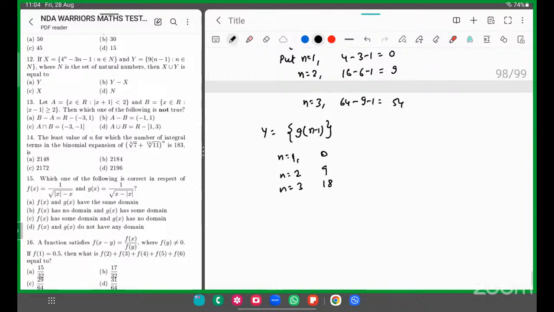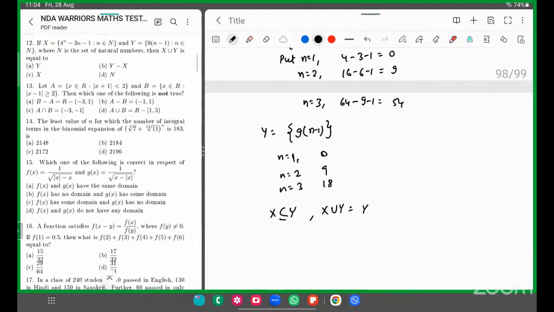ऑब्वियसली ज्यादा एलिमेंट y के पास है और x के पास कम है, तो x जो है ना एक सबसेट के तौर पे होगा ना y का, x इज अ सबसेट ऑफ y, ऐसा बोल सकते हैं ना हम। इक्वल भी है सारे एलिमेंट्स, तो इसका मतलब जब मुझे x यूनियन y पूछा जाएगा, दोनों को मिला करके क्या आएगा, तो जो बड़ा वैल्यू रहता है वही आता है ना, तो y आ जाएगा। ऑप्शन ए पे टिक करो।